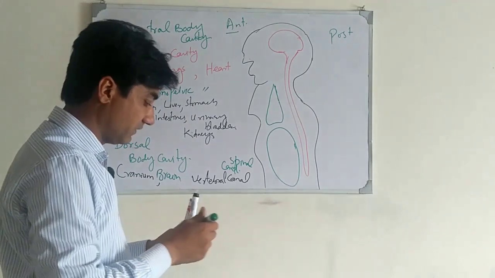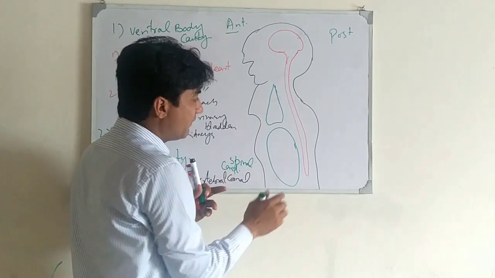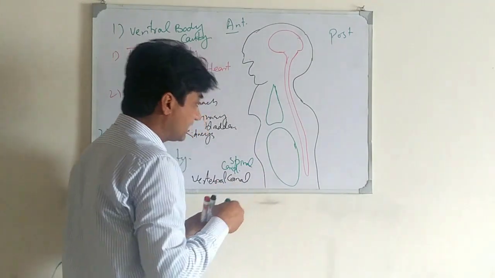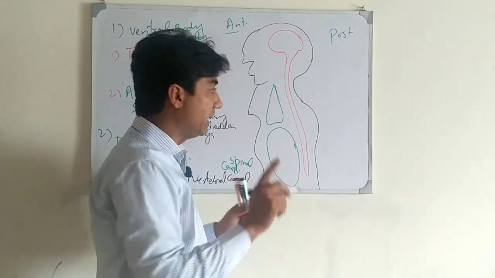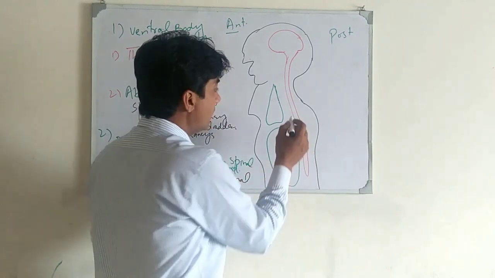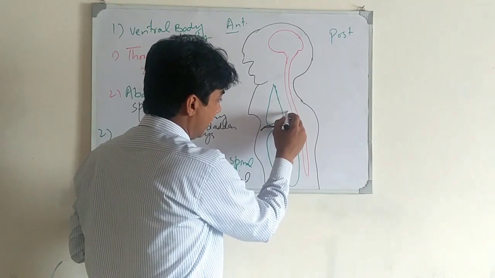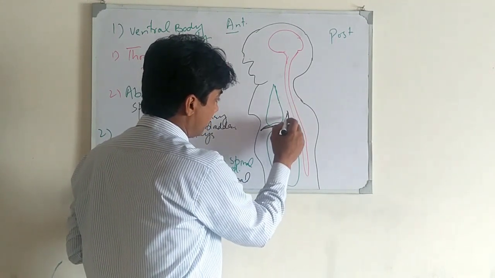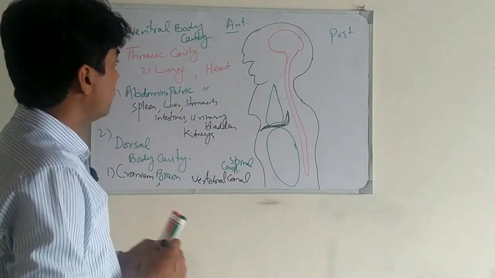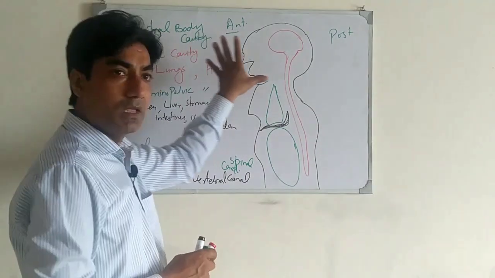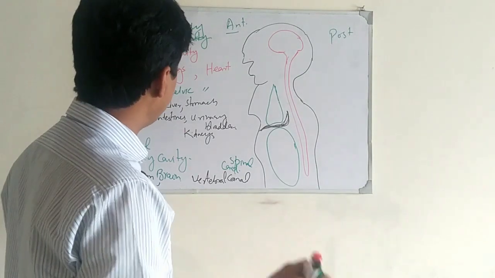The thoracic cavity and abdominal cavity are separated by the coelom initially in embryonic development. Later on, it converted into the diaphragm, a muscular sheath. The thoracic and abdominopelvic cavities are separated by a diaphragm, a muscular sheath. So these were the body cavities, and now we will move towards the thoracic cavity.